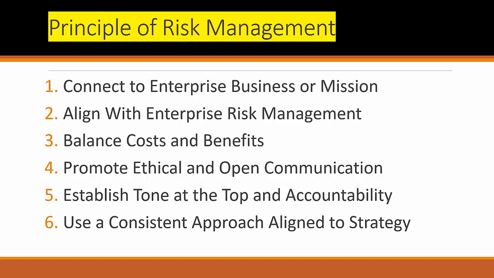Now, if you get a question, what is the principle of a good risk management? The answer is A, because by the end of the day, points 2, 3, 4, 5, 6 are mapped with A only. If business approval is there, senior management approval is there, if it is able to balance the cost and benefit, it means the risk management is connected with the enterprise business. That's what we have. Okay, so these are the principles of good risk management. Let's move to the next part.